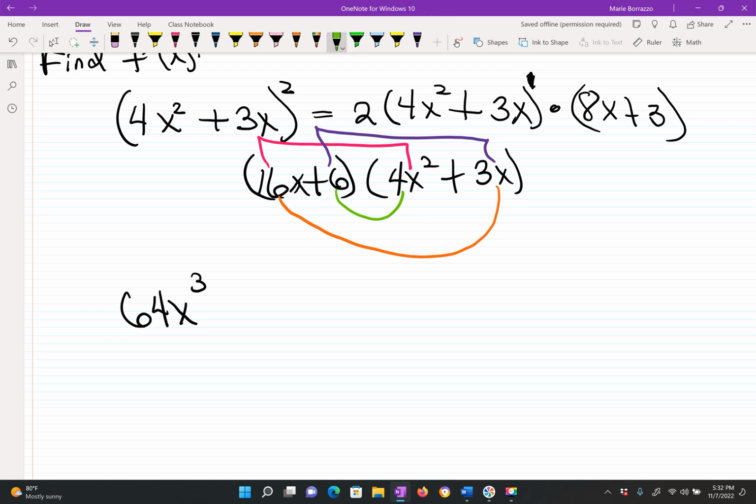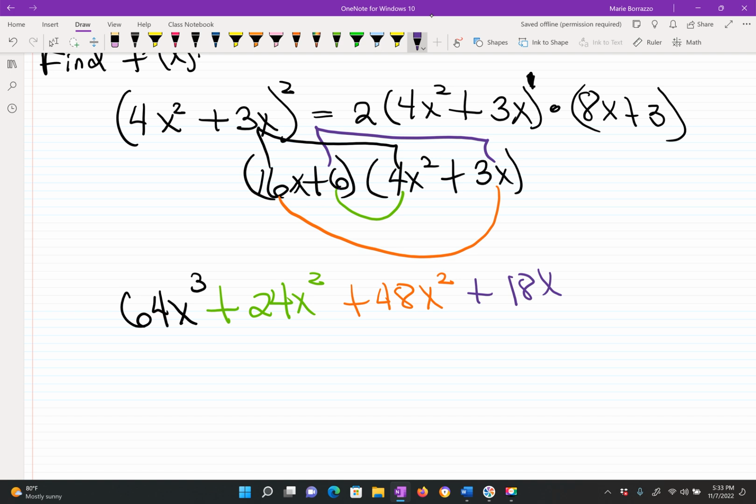In green, I'm going to do, so let me change this to black. Hang on, I'm going to color code this so you can follow me. In green, this term is plus 24x squared. In orange, I have plus 48x squared. And my last term, which is 6 times 3x, I get positive